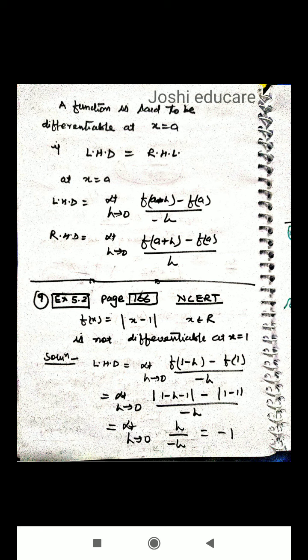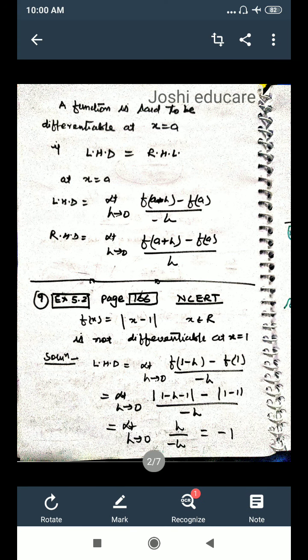For differentiability, at a point its left hand derivative must be equal to its right hand derivative. First we'll calculate the left hand derivative, then the right hand derivative at a given point. Generally differentiability is calculated in an interval or at a given point, but in our syllabus we'll calculate this at a point. Suppose you want to calculate differentiability at point x equal to a, so we'll calculate the left hand derivative and the right hand derivative. If both are equal, then we can say the function is differentiable.